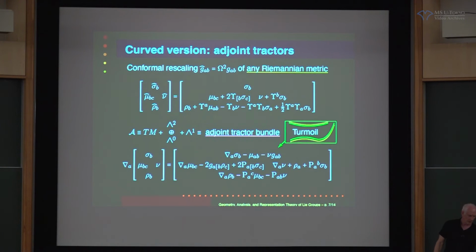And then, after more turmoil, right, now this has got some extra yellow lines in it, meaning that this turmoil here is not just a matter of computation. This is some inspired guesswork, if you like. The point is that you can write down a formula which specializes to the previous formula on the previous slide by replacing all of the occurrences of the metric, g_ab, with appropriate combinations of this fancy tensor rho,